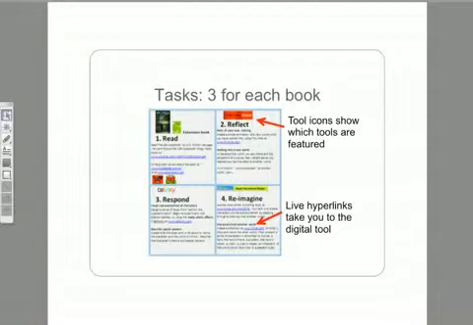So we might, in this one here, for example, although you won't be able to see it, I'm sorry about that, but the reflect task is a point of view task in which students use Flux Time Studio, which is an animation tool, to create a fantasy world setting for a story that they are going to be writing.